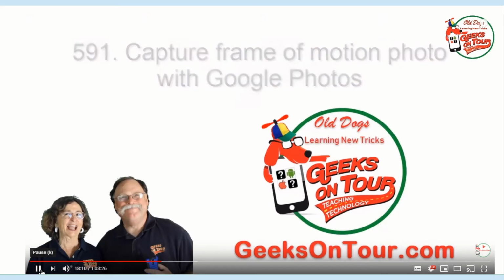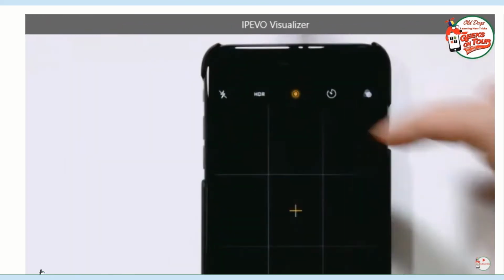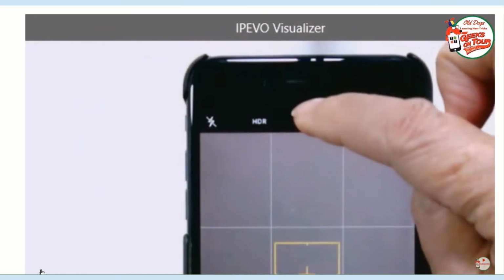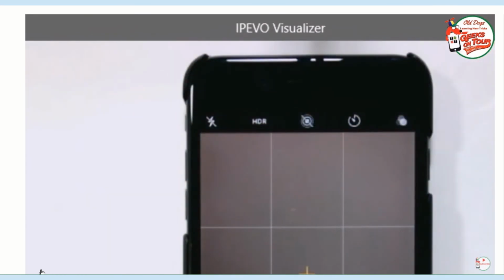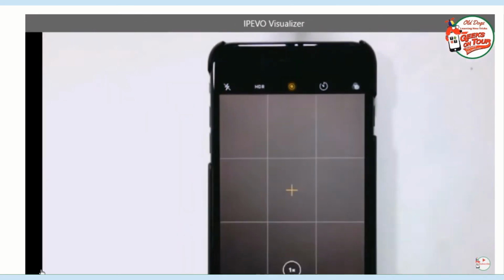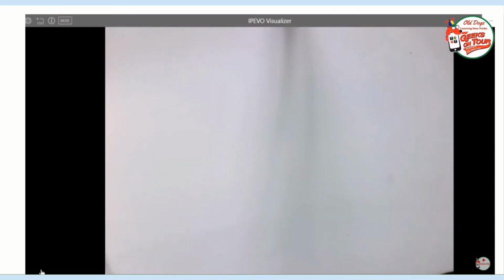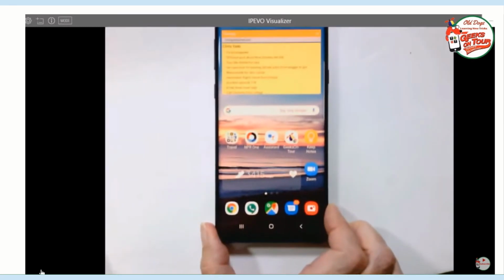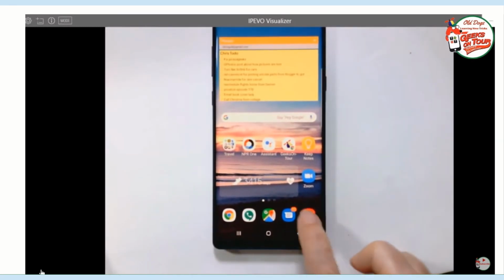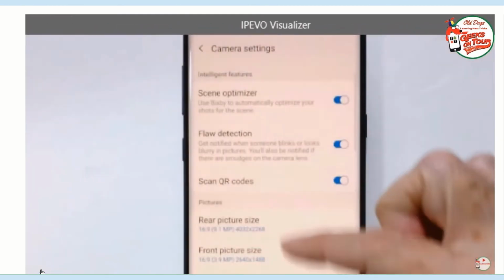Motion photo. First, let me explain what I mean by motion photo. On iPhones, it's in the camera, and it's called Live. It's that gold bullseye up there. When it's lined through, it's off. When it's there, it's on, and it means when you just take a photo, it captures 3 seconds of video also. On a Samsung phone, an Android Samsung, it's in the camera, and it's under settings, and it is called